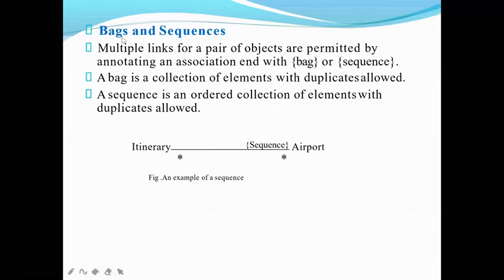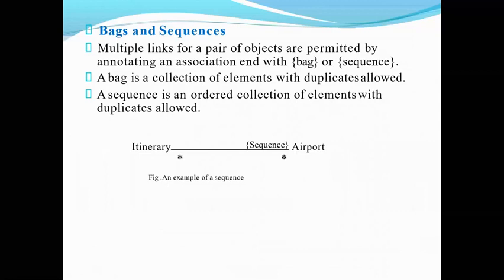So what do you mean by this bag? In this bag, it is a collection of elements which are duplicated. Otherwise, the duplicate elements will be inside this bag. Now what do you mean by sequence? Sequence is an ordered collection of elements with duplicates allowed.